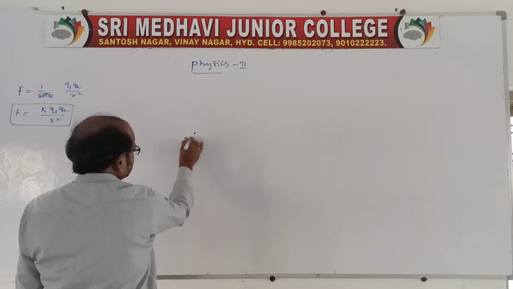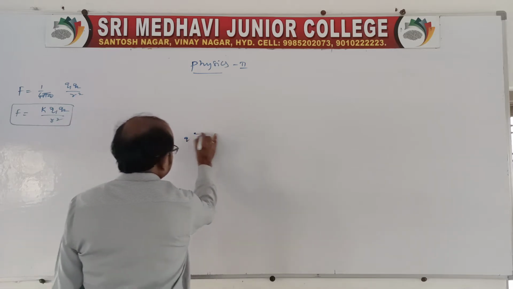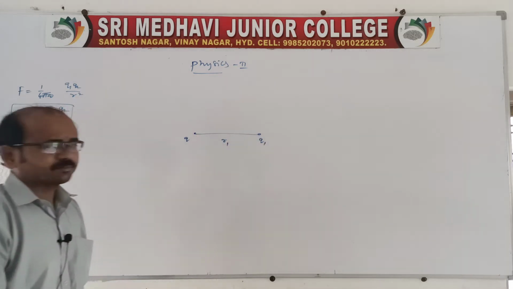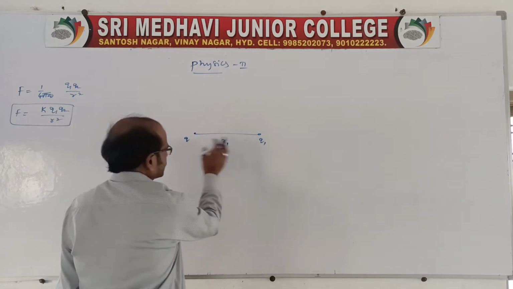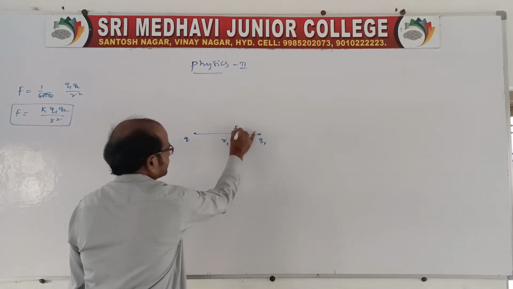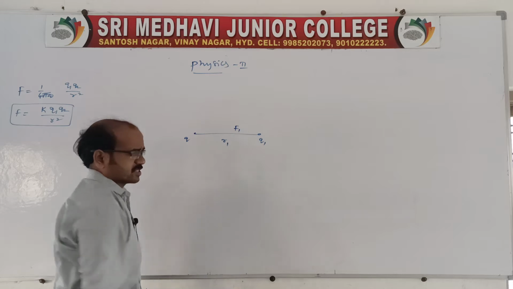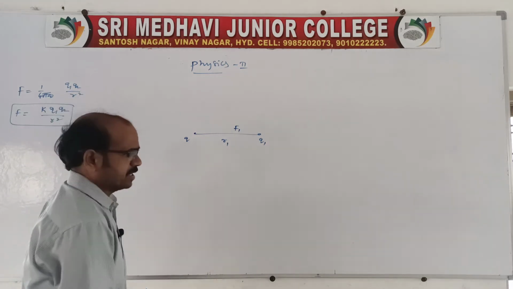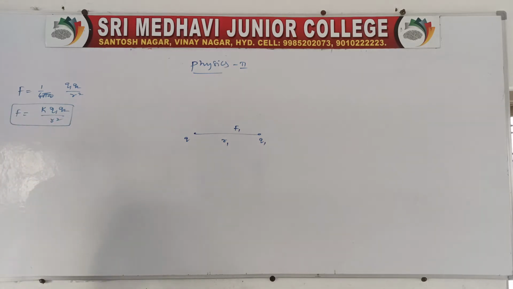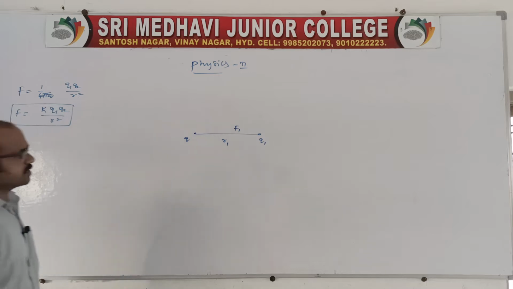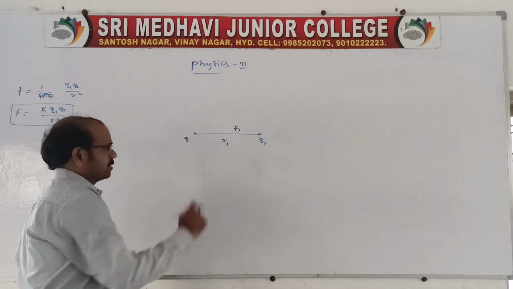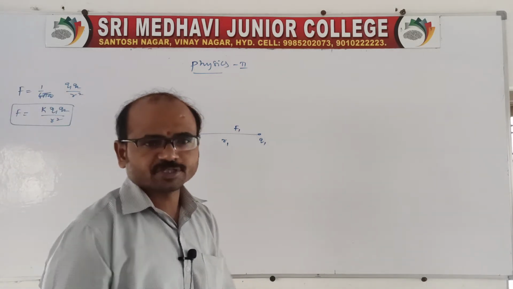That means here, if there are a number of charges, that is force due to multiple charges. Suppose there is one charge, you say q. See, and here another charge is placed at a distance of r1. This is q1, and the force between q and q1, you say F1, is acting. It may be either a force of attraction or a force of repulsion. Here it is a force between the two charges. F1 is acting, either a force of attraction or a force of repulsion.